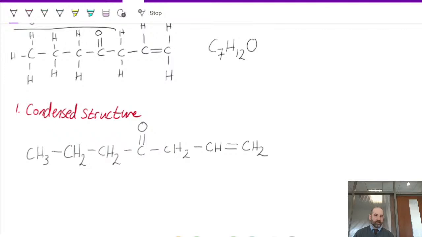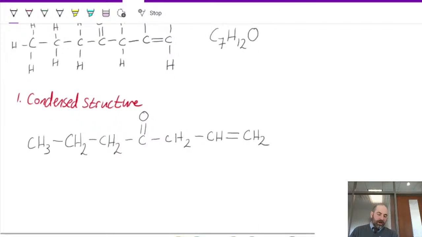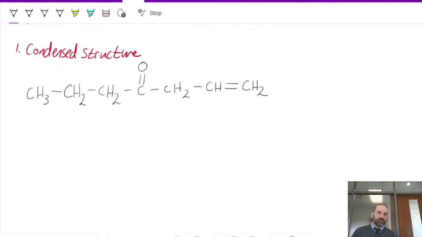So that's a way to draw a condensed structure, condensing those hydrogens onto each carbon. Okay. Now, another reason that we use condensed structures is because it's easier to type on a computer, because you can write CH3 and CH2 better than you can draw these things. But some of the things we've done here, like this oxygen coming off and this double bond, are not so easy to type. So another way of doing a condensed structure is to actually squish everything together and not